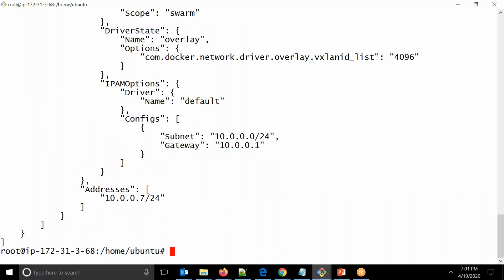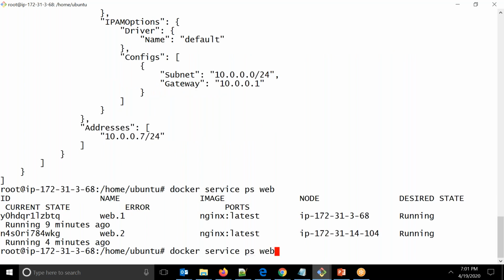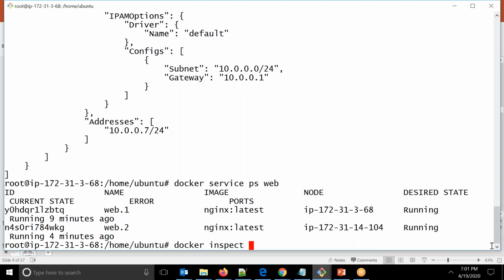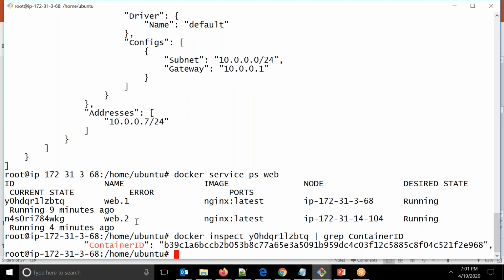So for example, if I want to take the container ID of each one of them, then the simple way of doing it is docker inspect, and you can say the service name, and container ID. Okay, let me just take this. This is the container ID. Same way, if I want to get the others,